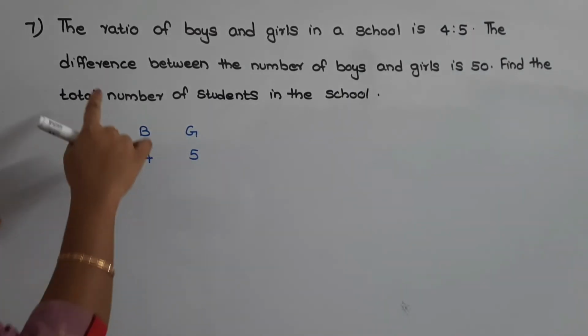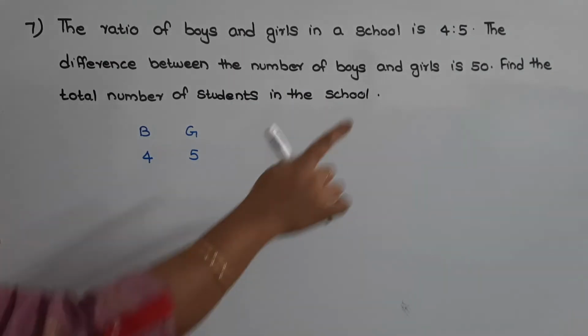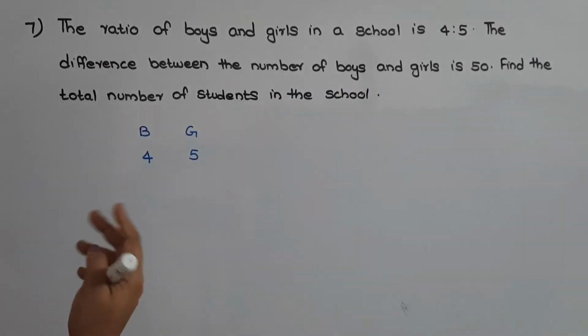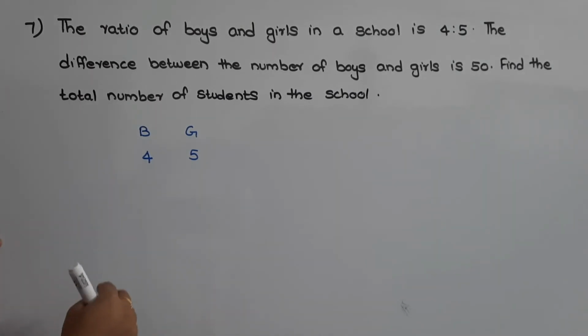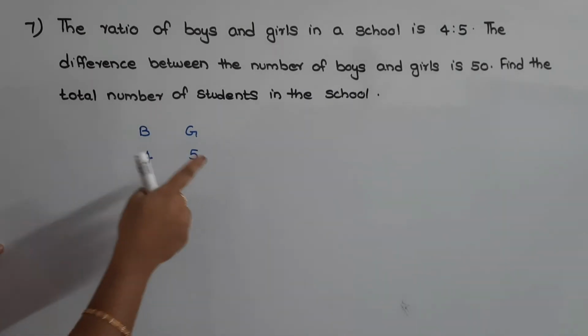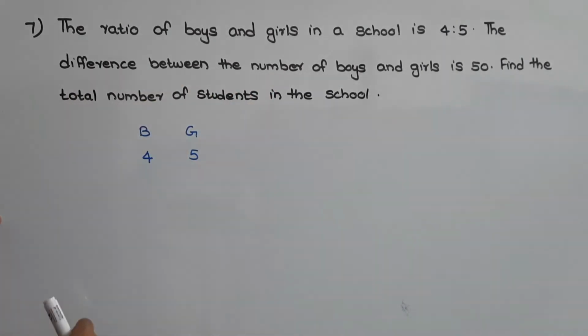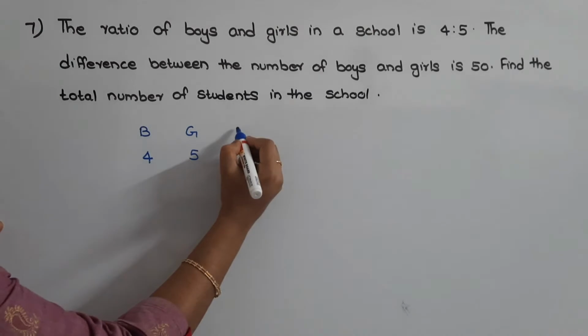Then they have given the difference between the number of boys and girls as 50. So we need to find out the total number of students in the school. That is, we need to find out the total number of boys and girls in the school. Since they have given the difference between the number of boys and girls, let us find out the